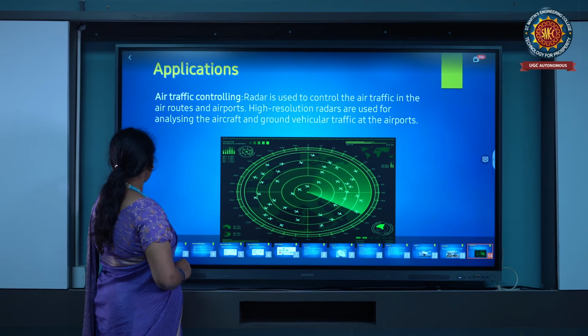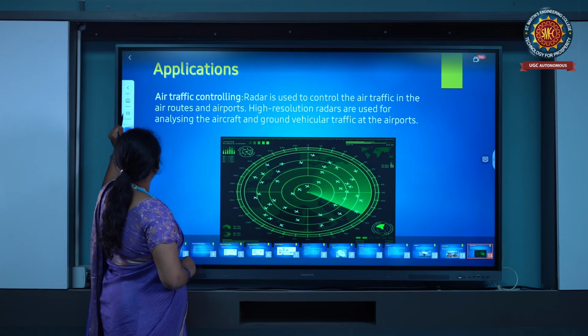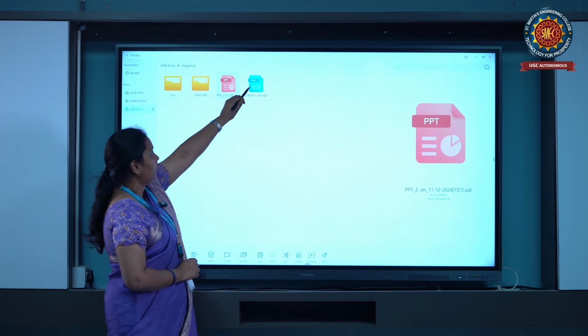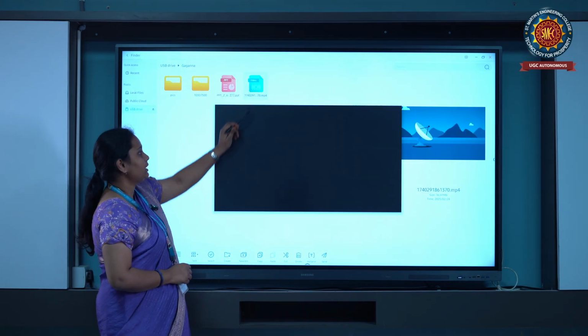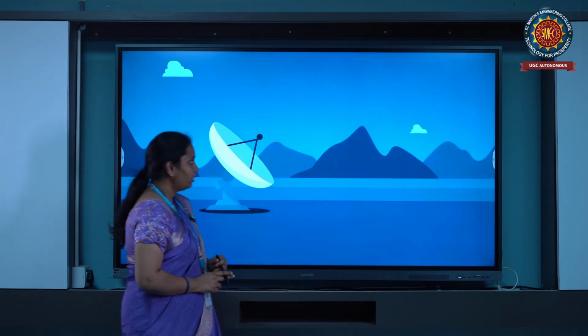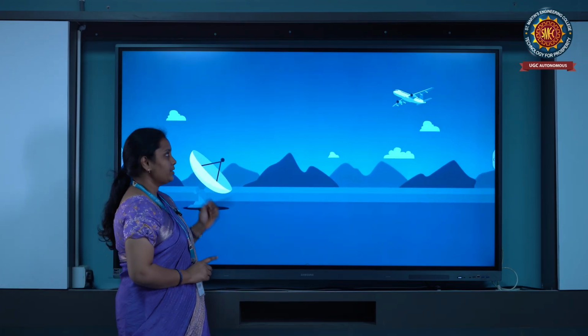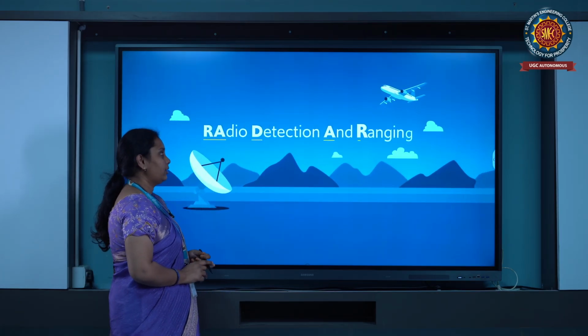So in this, we are going to see the detection of aeroplane range by using radar.